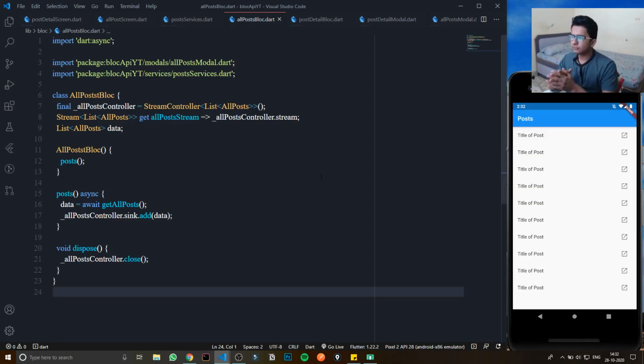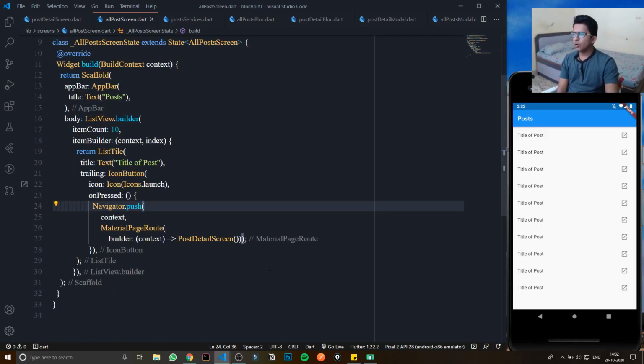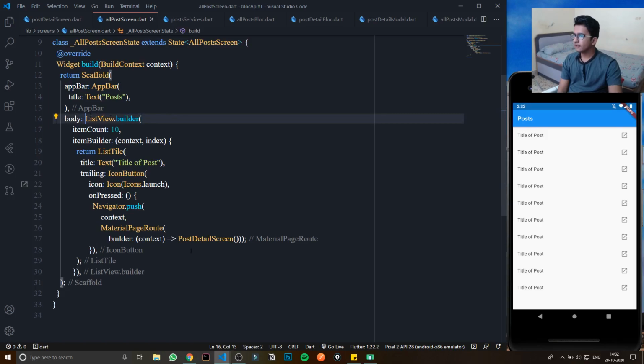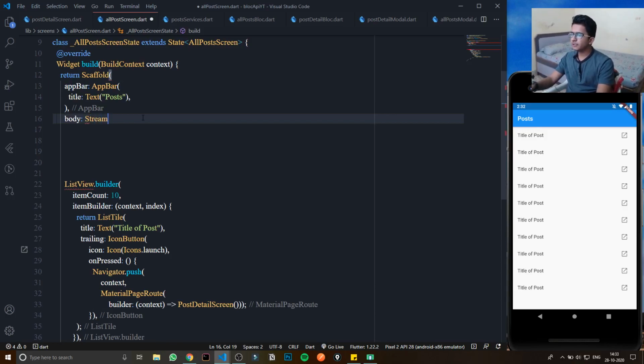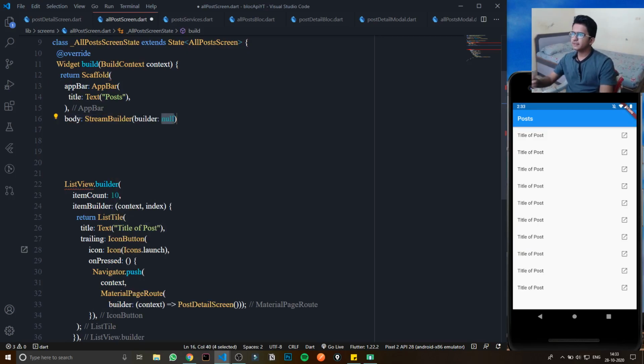Now we can show the data. Let's go to the all post screen. Now to show, if we are using BLoC, then Flutter gives us one thing, which is StreamBuilder.